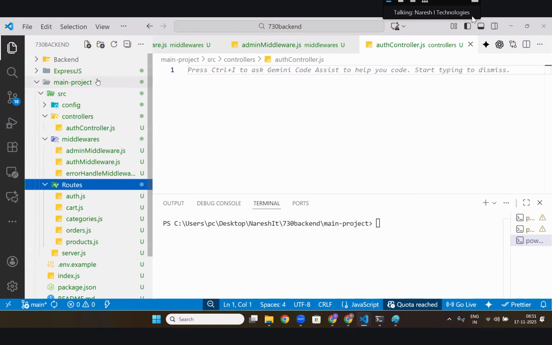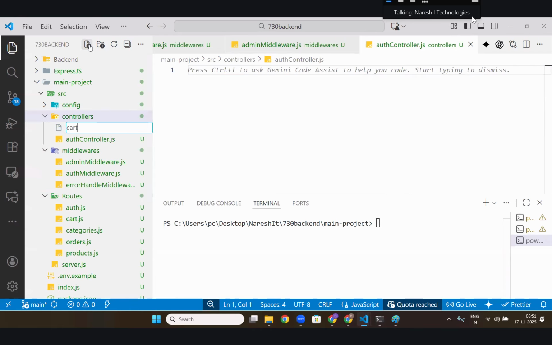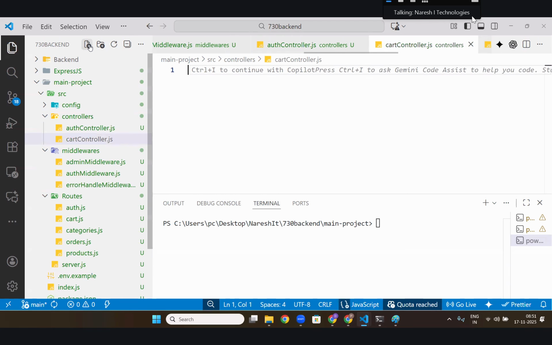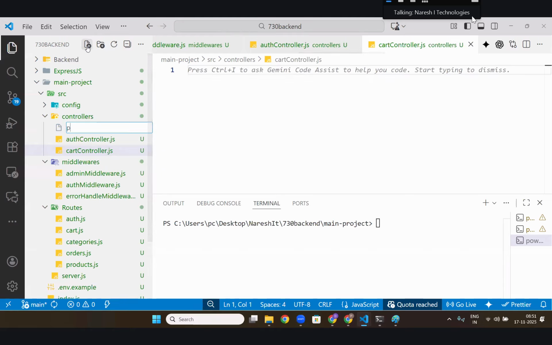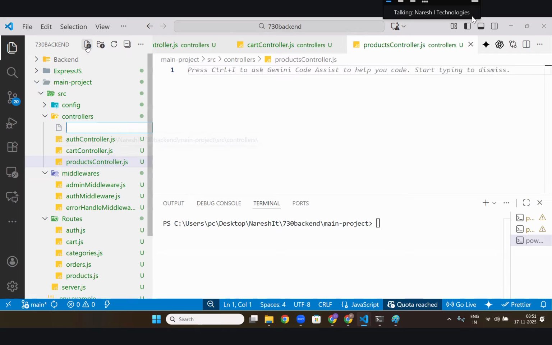So for authorization, auth controller; for cart, cart controller.js; products controller.js; order controller.js.